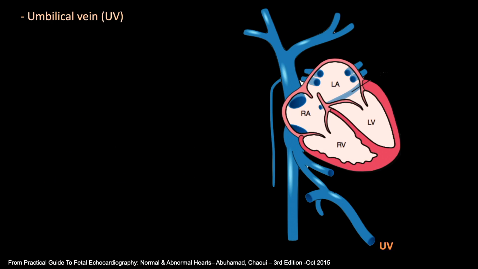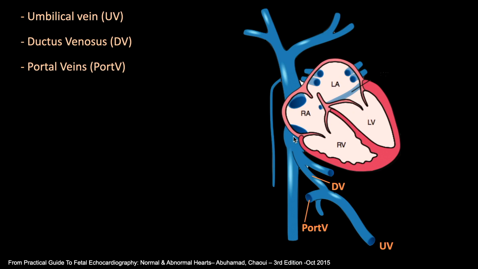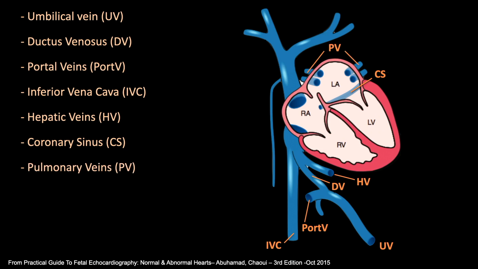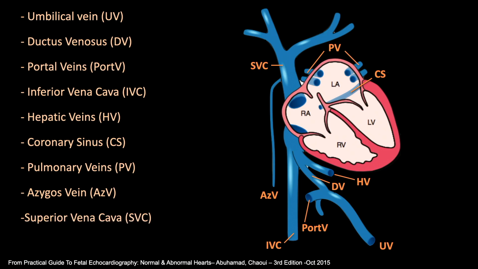So if you look at the venous system in the fetus, you see the umbilical vein coming in, giving a branch to the ductus venosus that angles up towards the area called subdiaphragmatic vestibulum here, connected by the portal venous system, the IVC, and the hepatic veins. And then you see the coronary sinus draining the heart into the right atrium, the four pulmonary veins into the back wall of the left atrium, the azygos vein, which was discussed really nicely today, and then you have the SVC that is formed by the left brachiocephalic vein that drains from the left side across into the SVC and